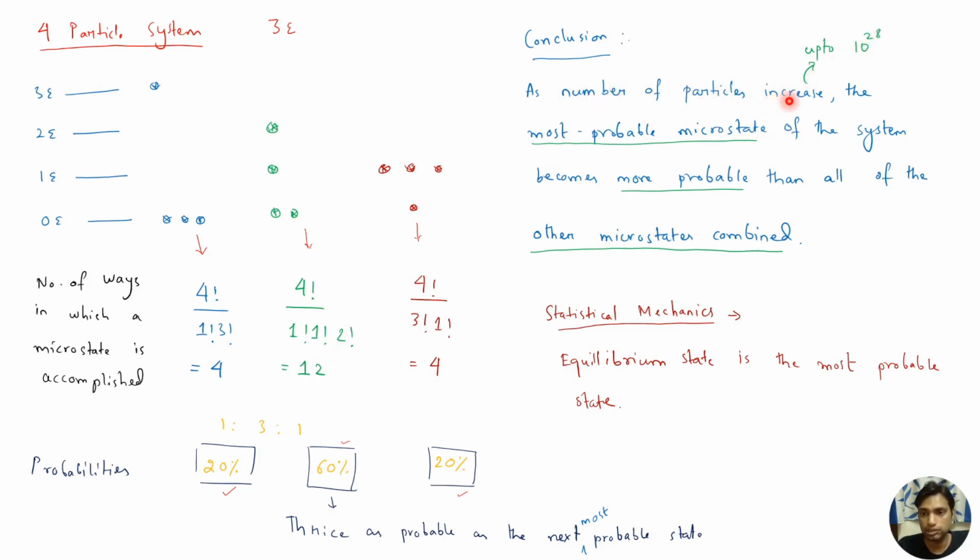As the number of particles increases, the most probable microstate of the system becomes more probable than all of the other microstates combined. Just like here we saw that this is a microstate, this is another microstate, and if you just add the probabilities of both of these, the probability of these two microstates,